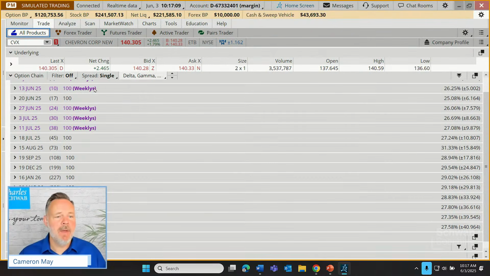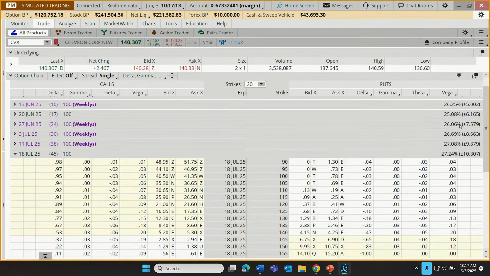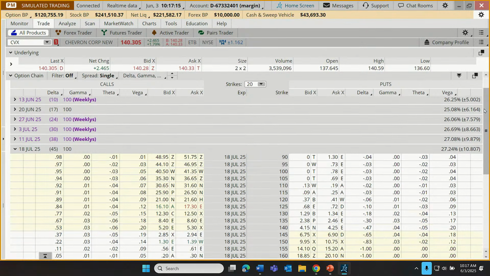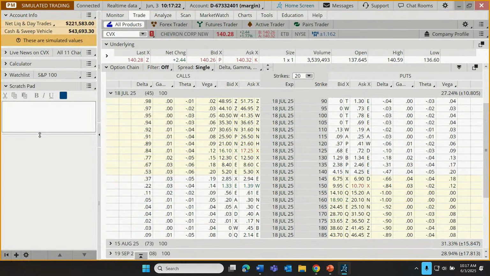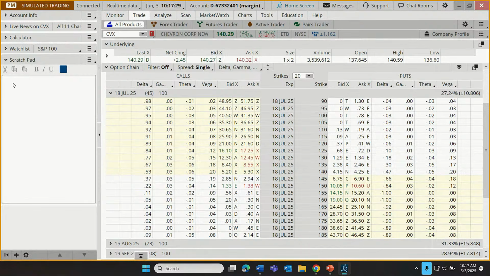Let's go to the trade tab though. Let's go to July 18th and let's plan our trade. So I'm going to come down here and remember that support around 135. Let's look at the 135 put. And this is going to be our example trade. Let's open up our scratch pad, give ourselves some more space. Let me close this up here so my camera shot's not going to obscure your view.